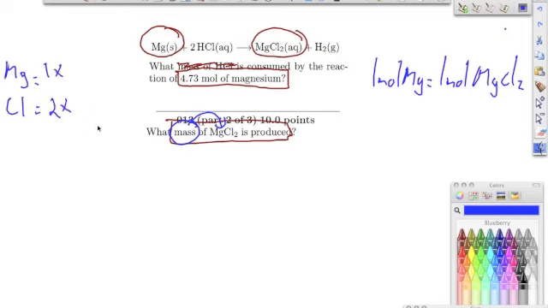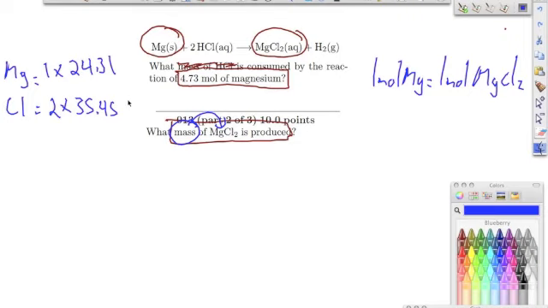We multiply them by their atomic masses on the periodic table. Chlorine is 35.45, and magnesium is 24.31. We multiply them out and we get a molar mass of